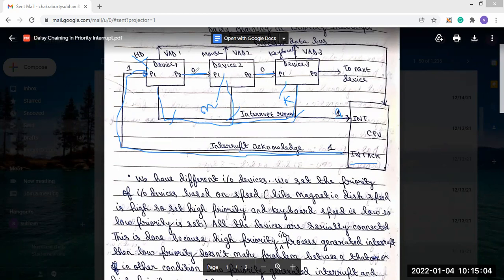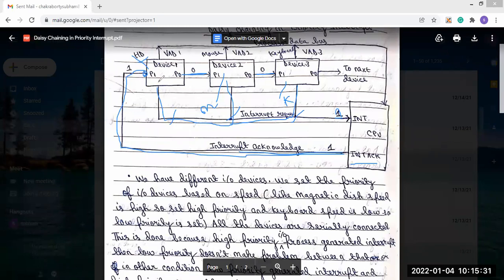If this particular hard disk generated the interrupt, then it will consume the interrupt acknowledgement which it gets. The acknowledgement sent from the CPU will be consumed by device 1, the highest priority device, because it generated the interrupt signal.